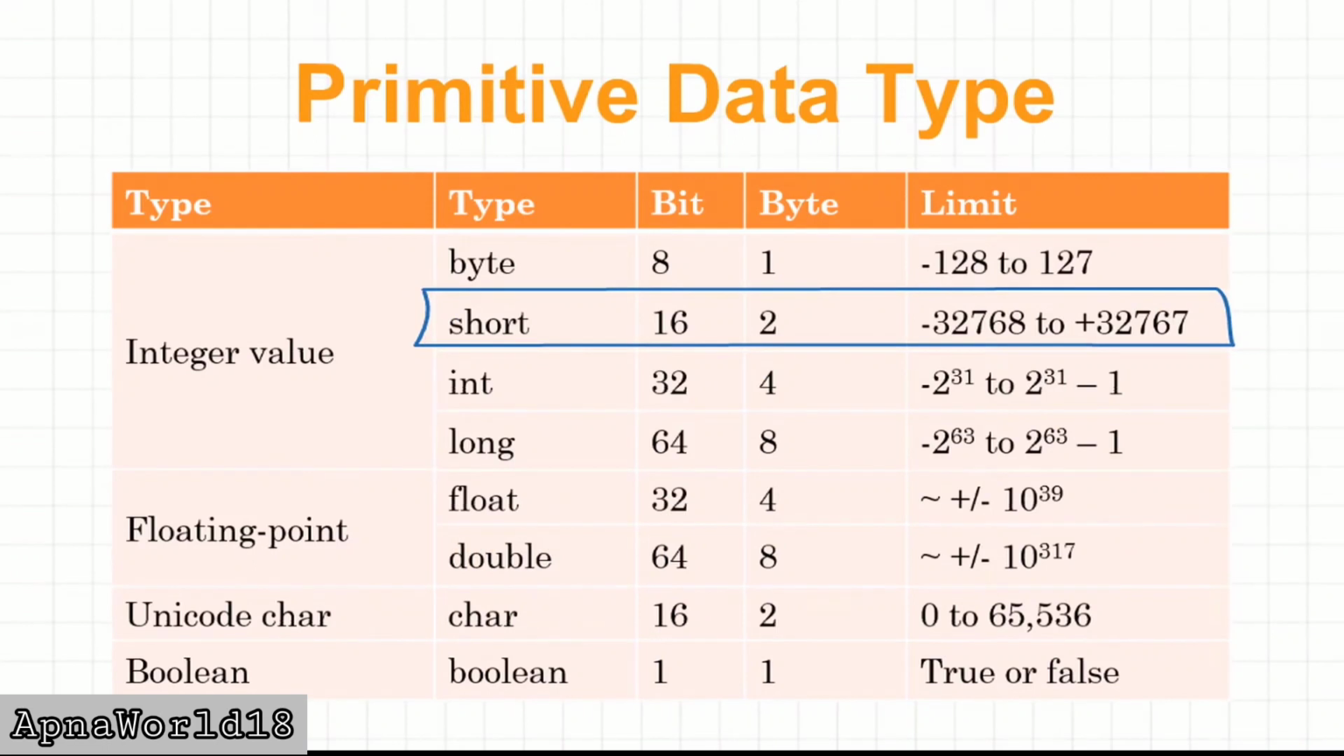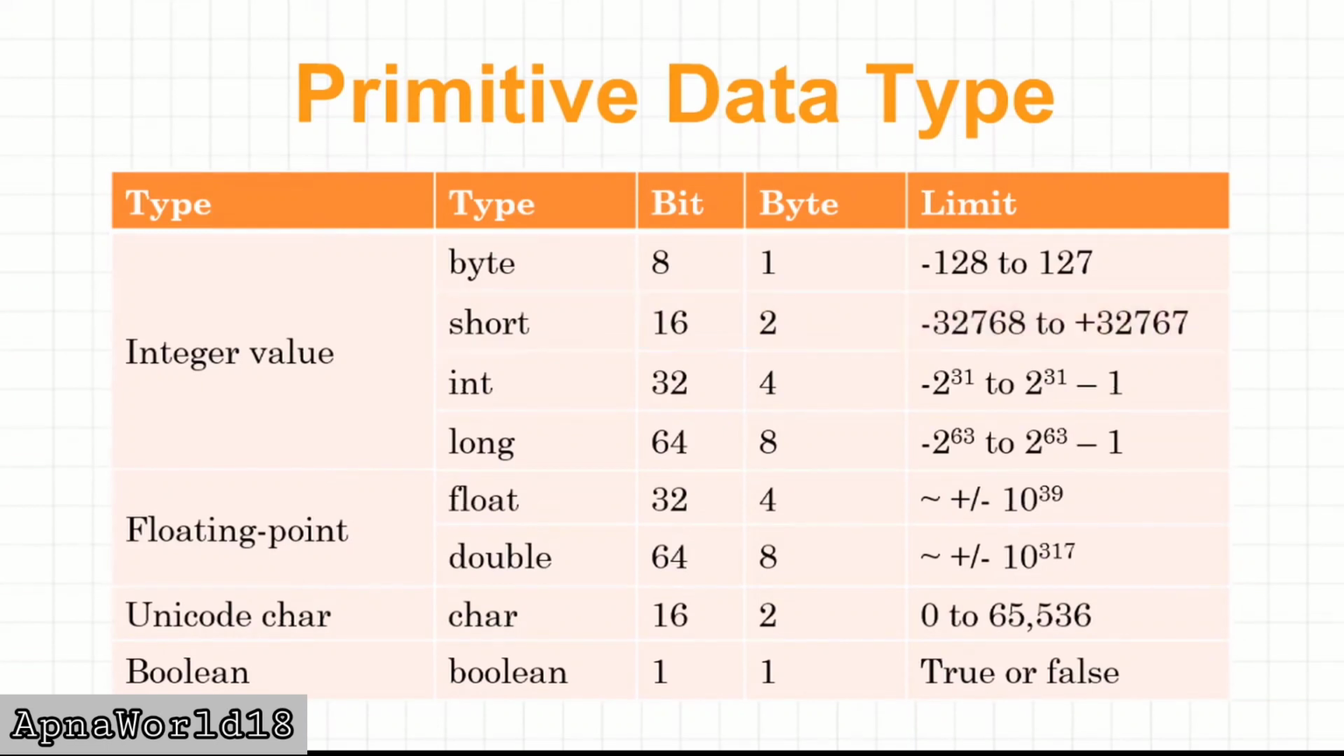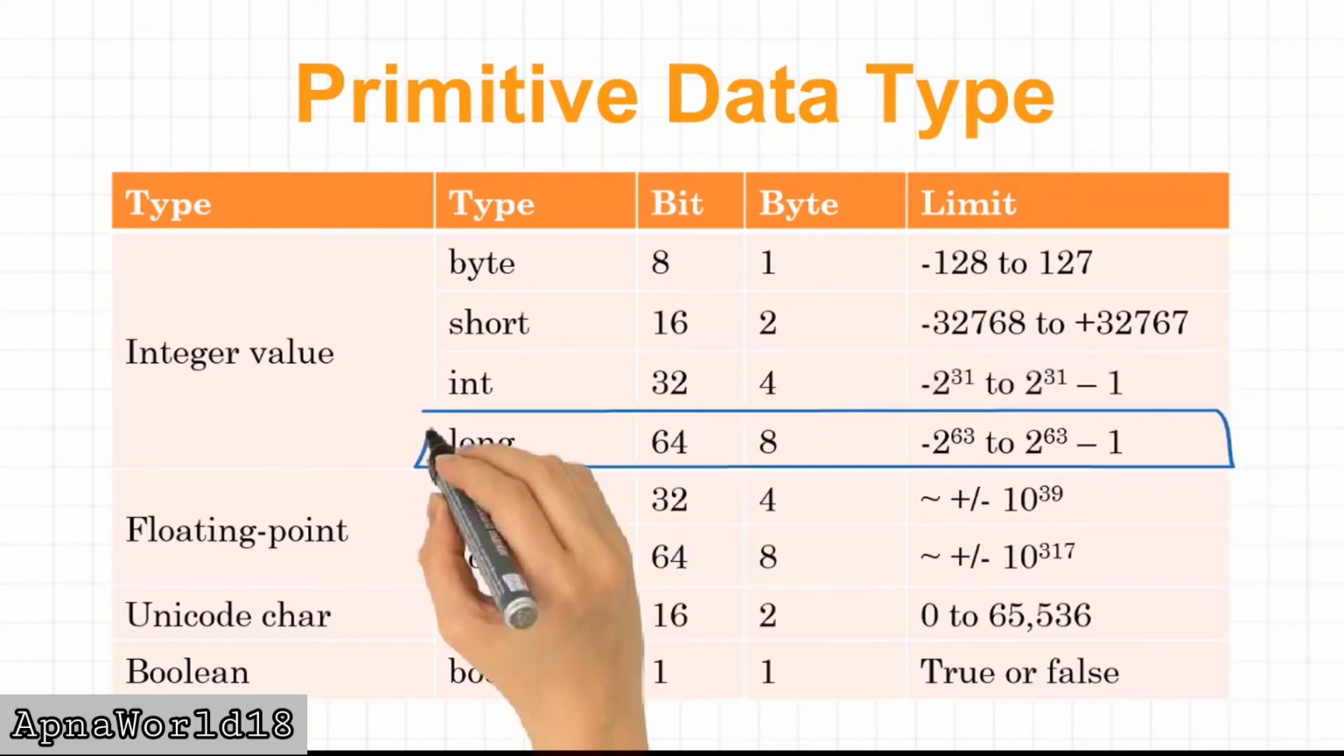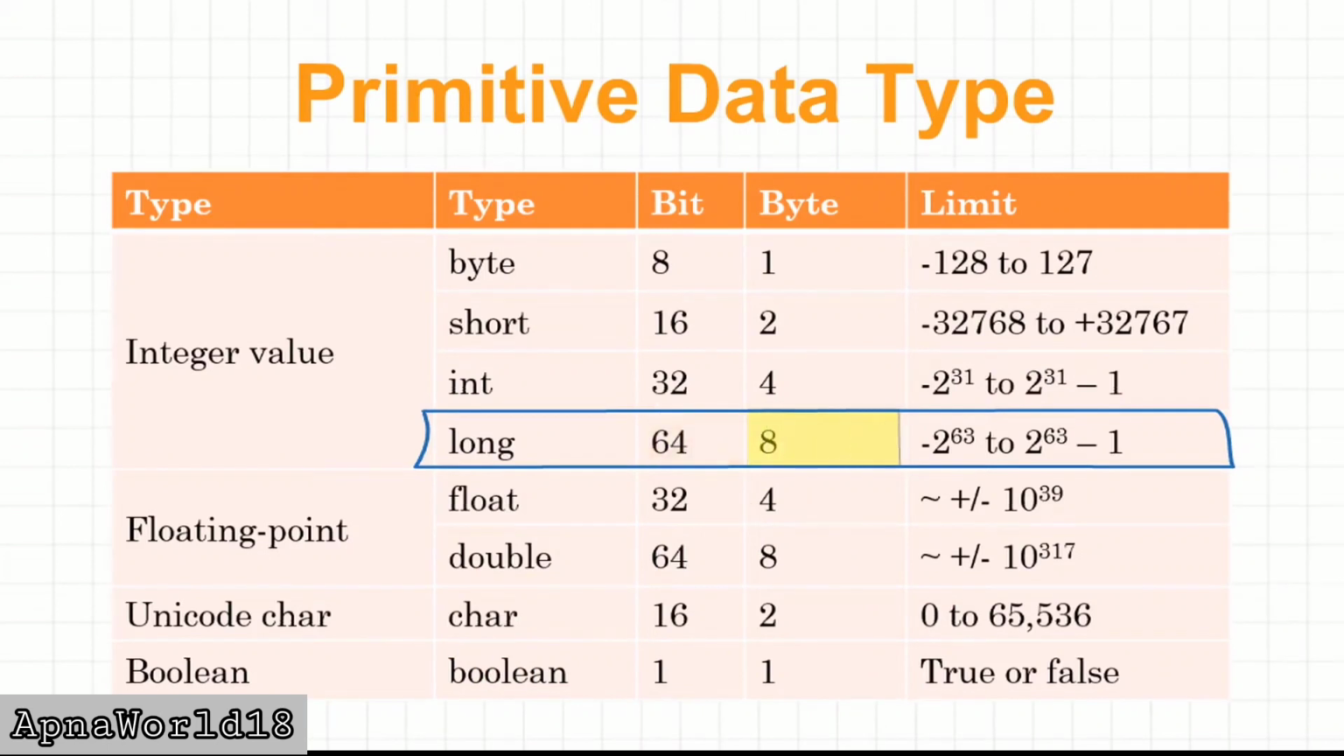Similarly, short has 16 bits or 2 bytes of space and can take values from -32,768 to +32,767. Int has 32 bits or 4 bytes and can take numbers from -2 raised to power 31 to 2 raised to power 31 minus 1. Long has 64 bits or 8 bytes and can take -2 raised to the power 63 to 2 raised to